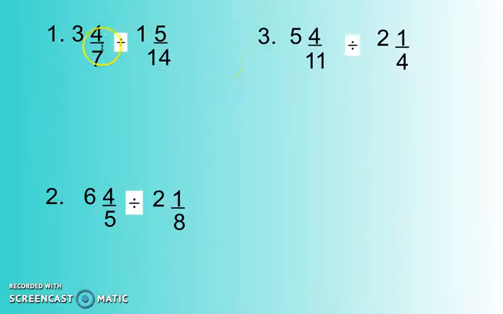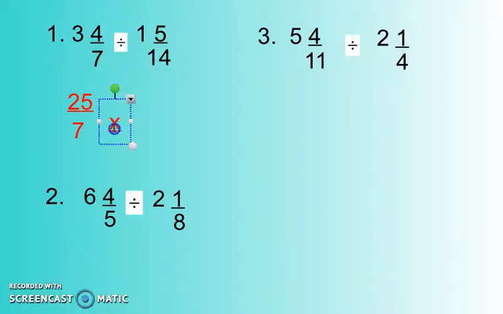If I have 3 4/7 divided by 1 5/14, well, let's change them first to improper fractions. 3 times 7 is 21, plus 4 is 25. Good. So 25/7. And we're going to keep that one the same. But we're going to change, because keep, change, switch. So I'm going to keep this the same, change this to